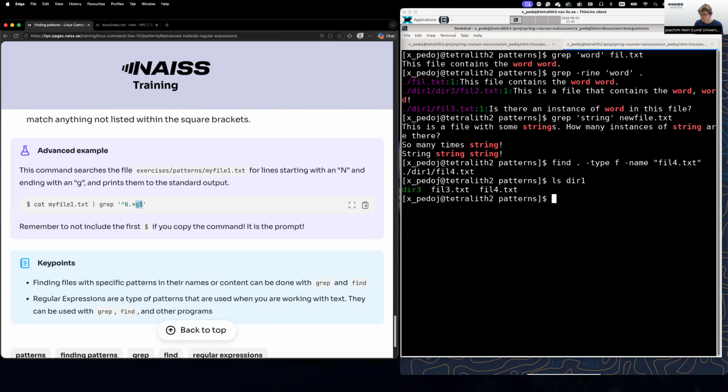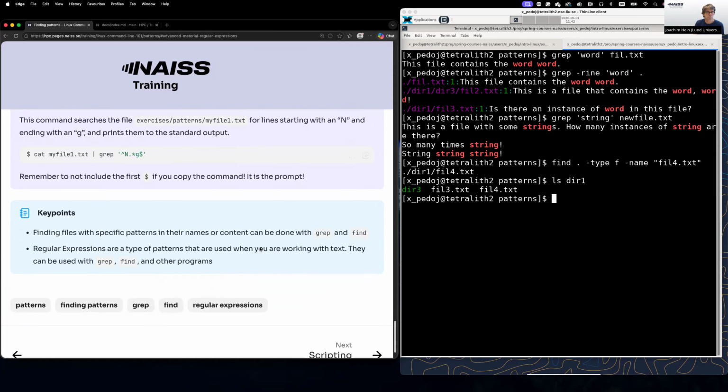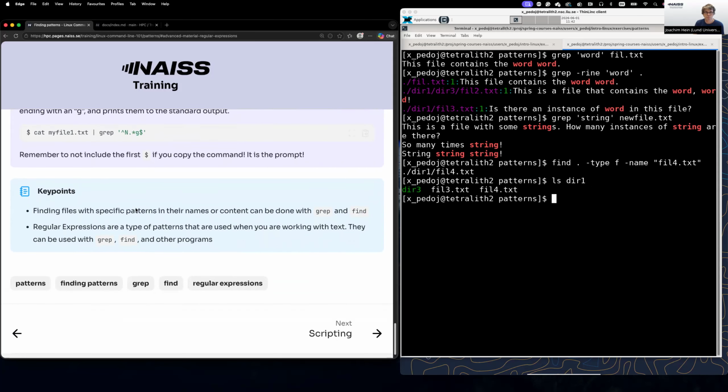So you see, it's a way to search for many lines at the same time. So you can try this command yourself and see the output. And now I can move to the next